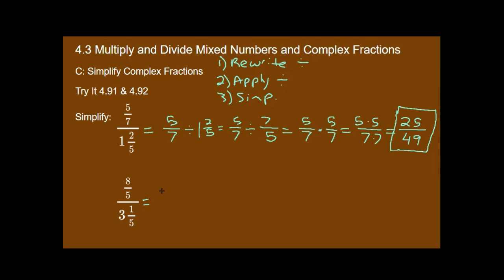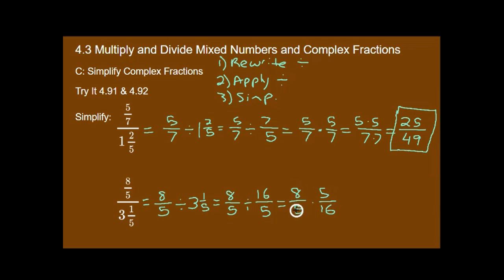Okay, same thing here. We're going to change this into a division problem. 8/5 divided by 5 times 3. Well, I'll rewrite it this way first. There we go. And then I'm going to take care of that mixed number. 8/5 divided by 5 times 3 is 15, plus 1 is 16. Keep the same denominator. 8/5 divided by 16/5. Now I'm going to rewrite that as a multiplication problem. 8/5 times